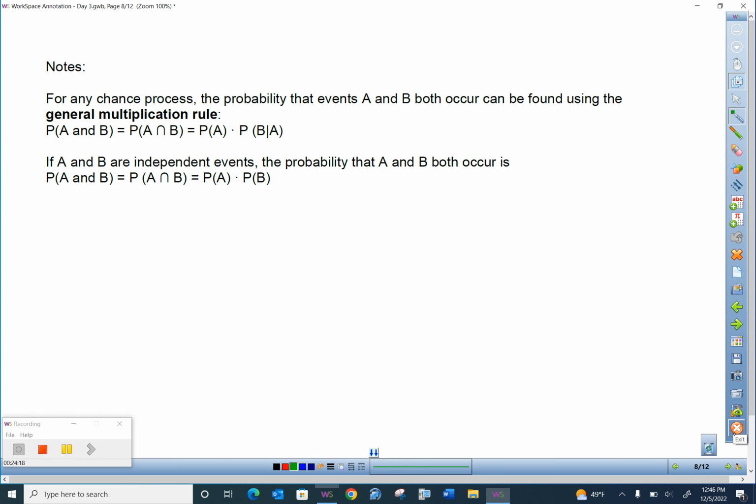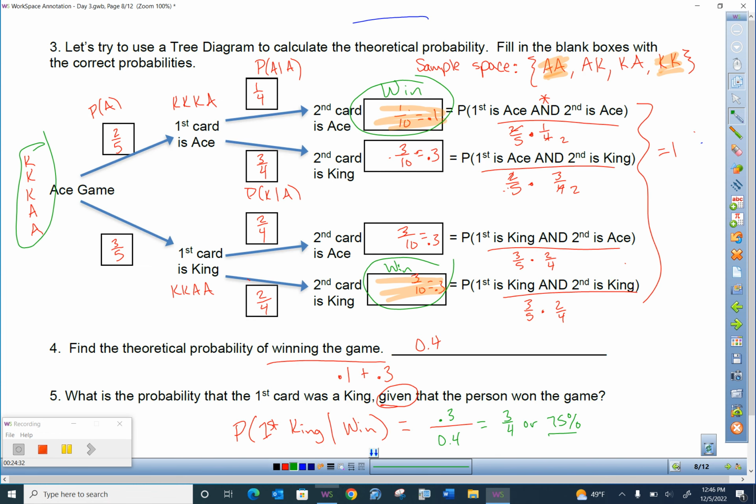Okay, what we just did was called the general multiplication rule, but really it's this "and" situation. That "and" means multiply. What you have to pay attention to is deciding whether the events are independent or not. When we think about drawing a card, if I take my 5 cards and I draw out an ace, it's gone, which means this probability depends on what happened here. Okay, this 1/4 was not the same thing as this 2/4. Okay, these were not